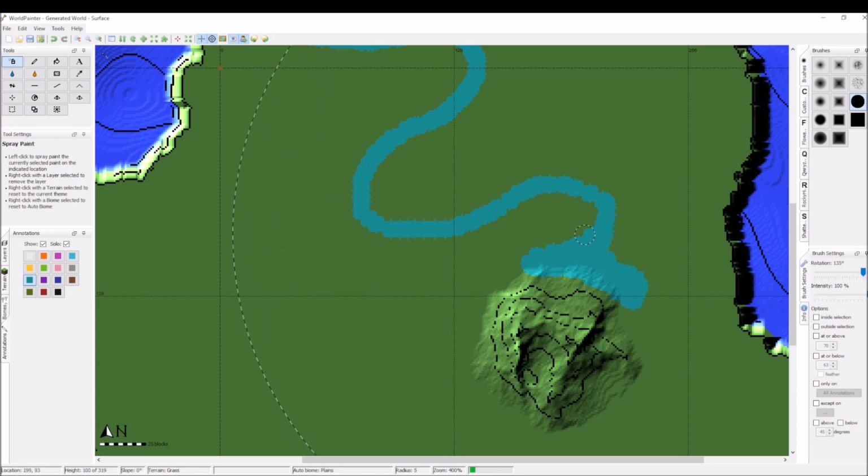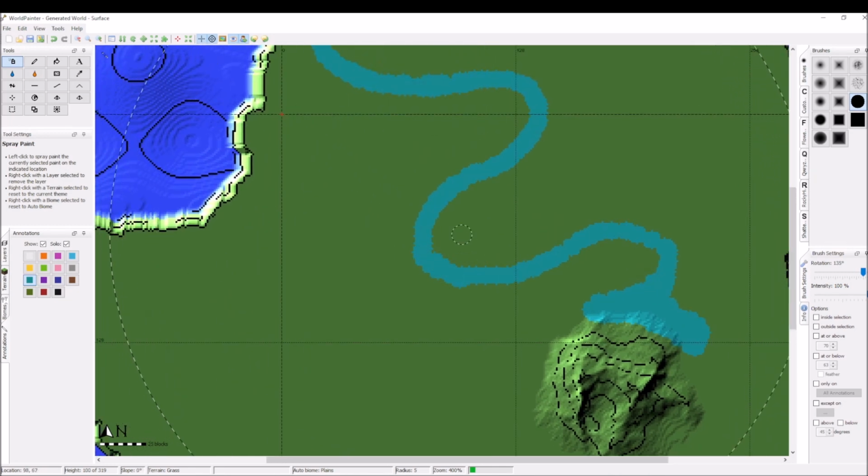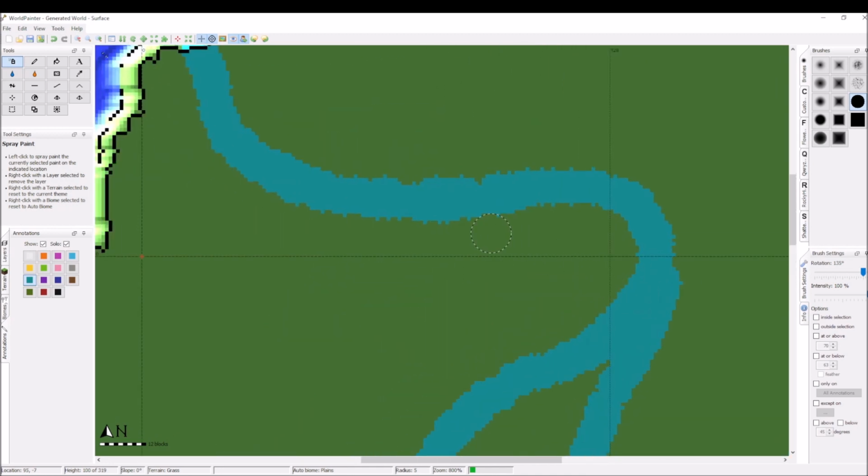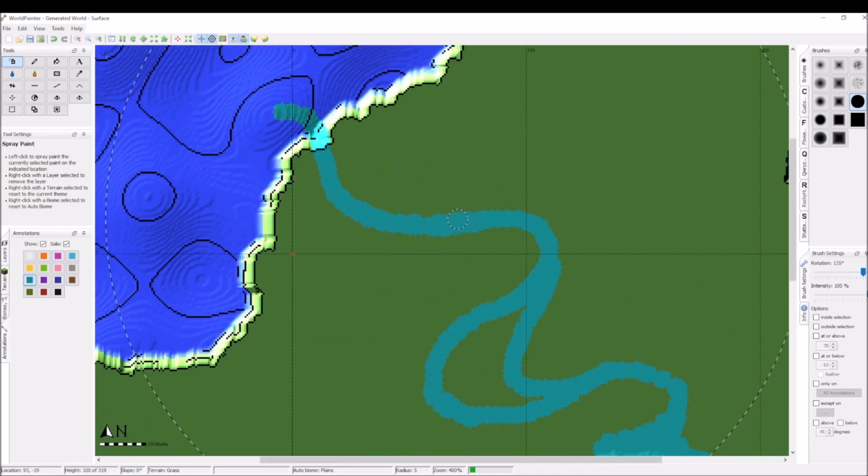And then it can have a little river split. Oops, the river splitting. It can form a delta like that,